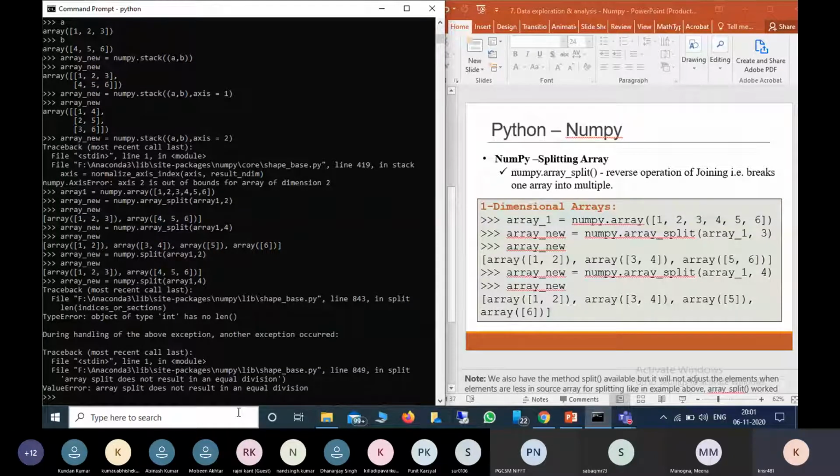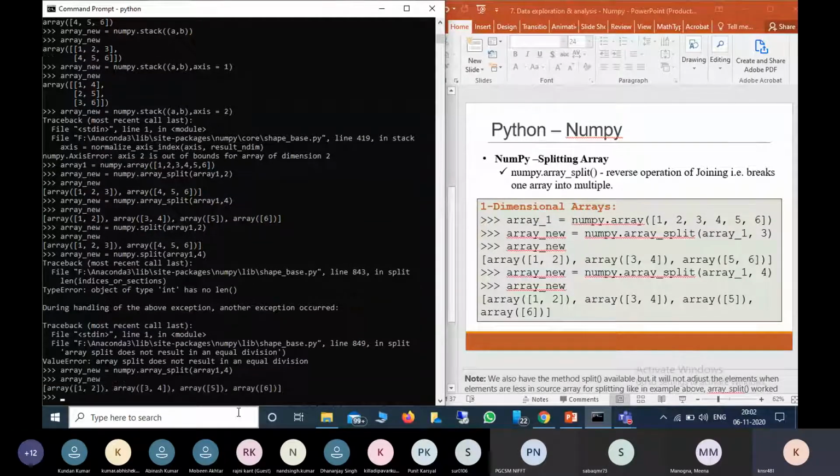For example, there are 6 elements. If you ask to divide into 2, that works, because 3 will come in each. But if you ask to divide into 4, it will be difficult, because we cannot divide 6 elements into 4 parts exactly. That's why we are not always using split. We use array split, which helps when the sizes are also different.